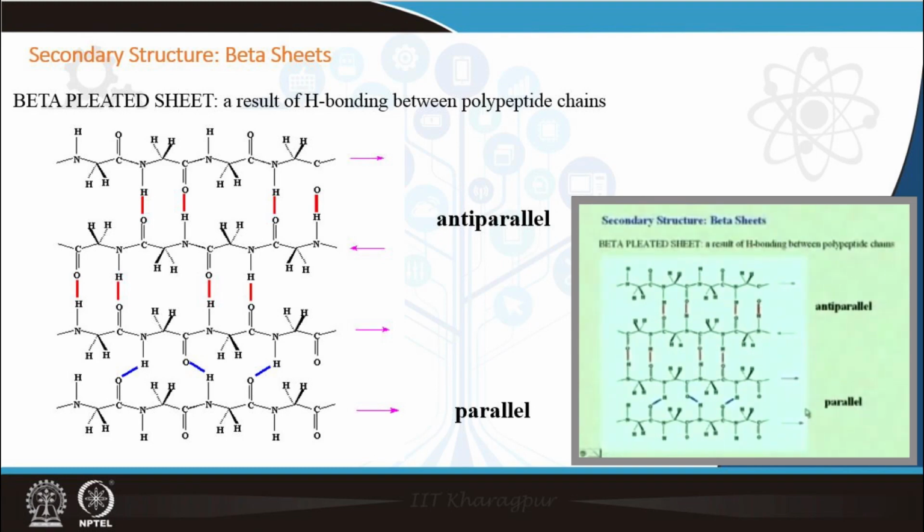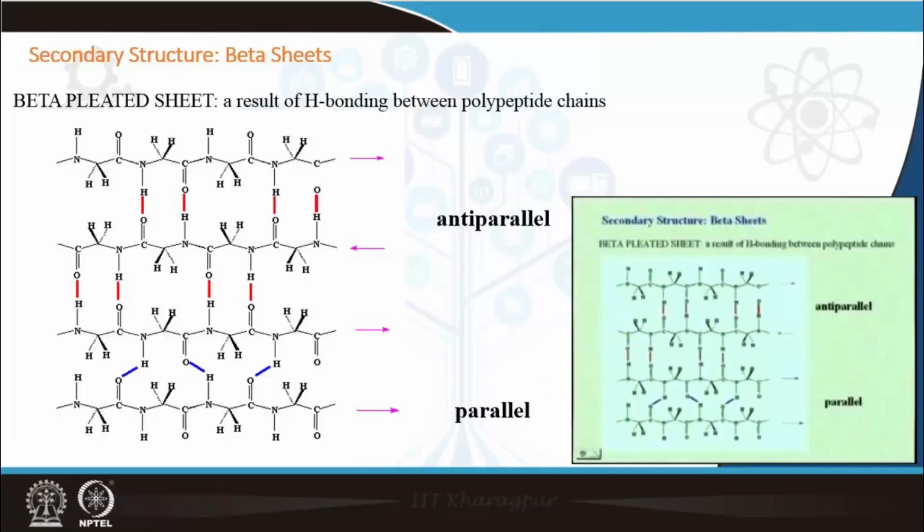Now, very carefully look at the hydrogen bonding between the sheets. Now, when we speak of secondary structure, there are two types of secondary structure that are important. They are the alpha helix and the beta sheet. Both of these have hydrogen bonds that associate them. Okay? Now, if we go back here and look at our anti-parallel beta sheet and the parallel beta sheet, what you see here is different types of hydrogen bonding. Okay? If you look carefully, you will be able to